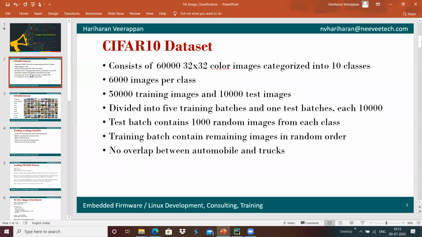The test images are used to validate and test how our neural network has learned and how it is behaving, whether it is detecting or not. The 10,000 test images are randomly picked from the 60,000 images